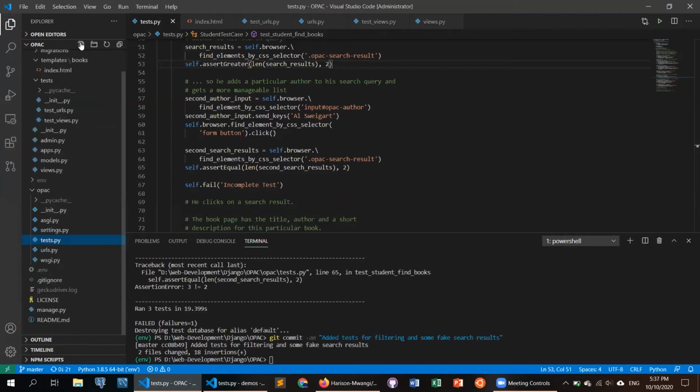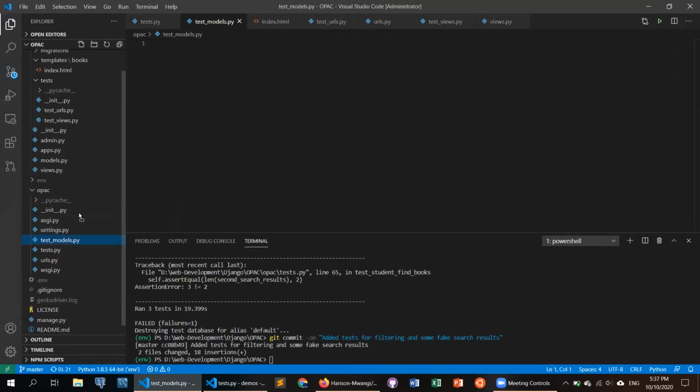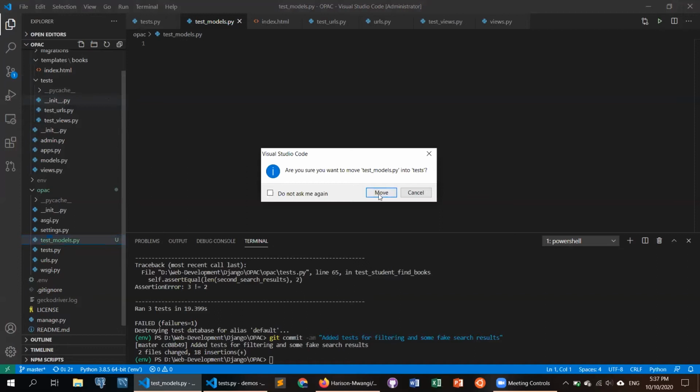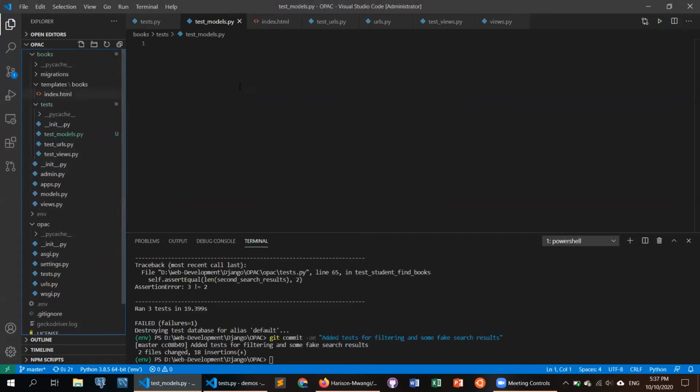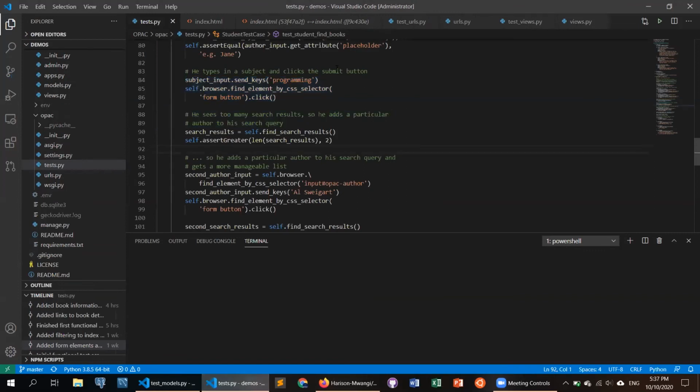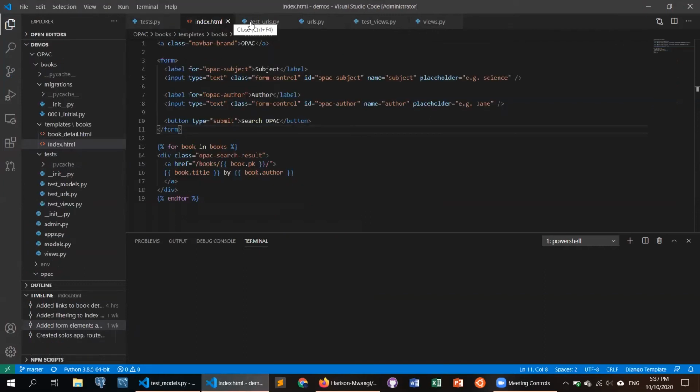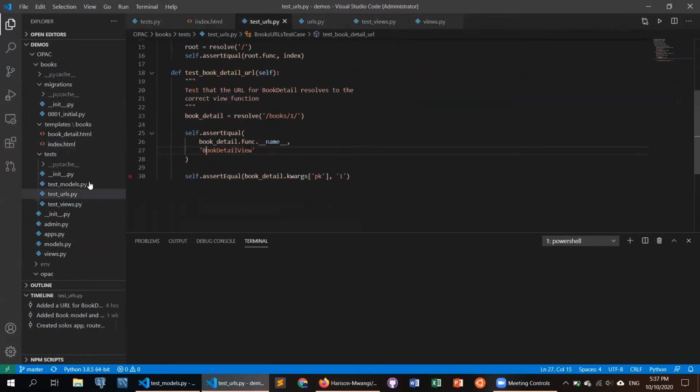I am not sure. No, that should not be in OPAC. It should be in this test directory within books. So there it is. Sorry. The first thing I'm going to do is head over to the demos repository, and I'm going to take the code for testing models,